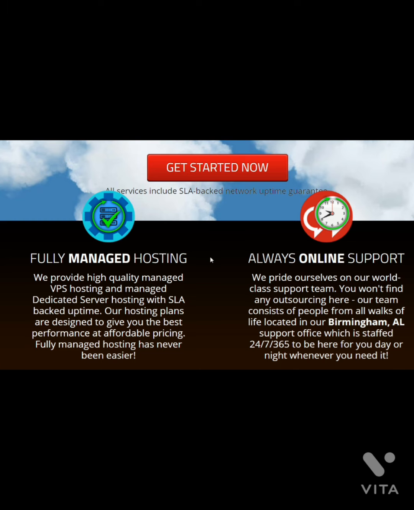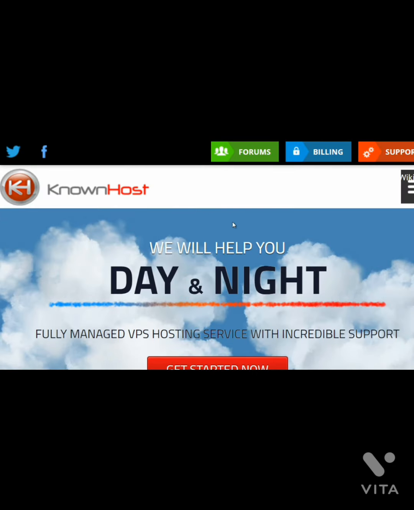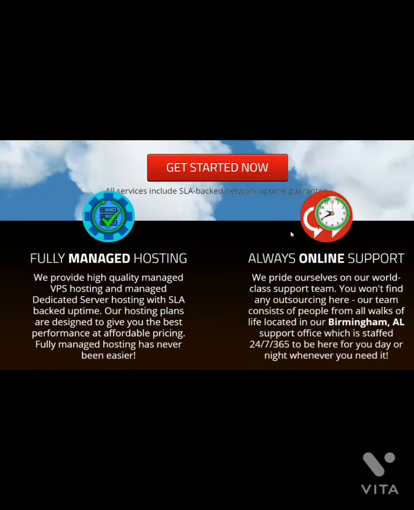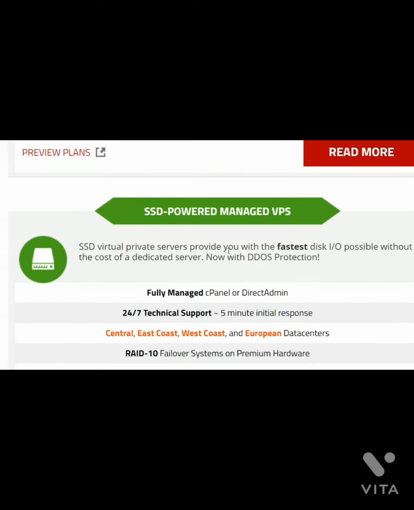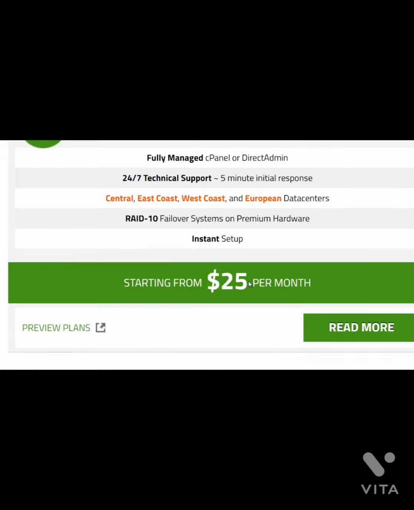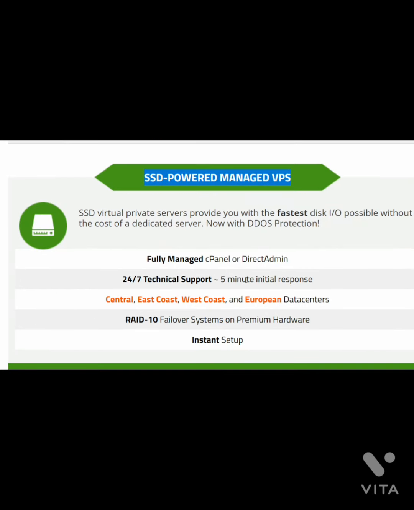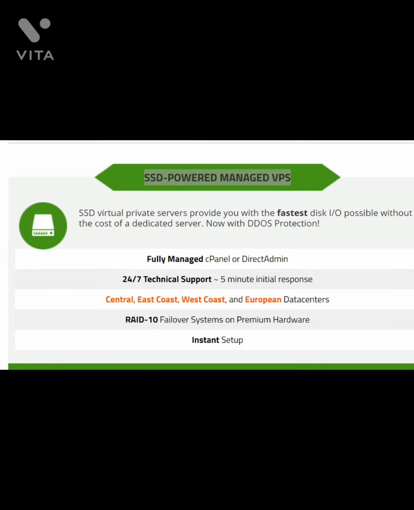But we've tested this particular host and we found that they're really, really good. So what you want to do is head on over to here, and what you're looking for with WordPress type web hosting is SSD. Any type of SSD is going to be really, really fast. So you can pick the $25 per month plan, for example, and this is going to be reliable because this is a reliable host. You always want to choose a reliable host.